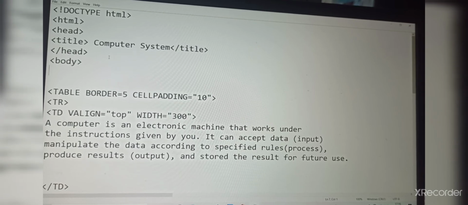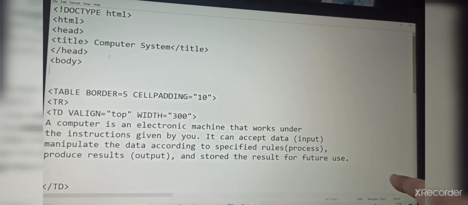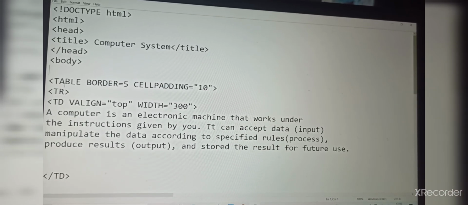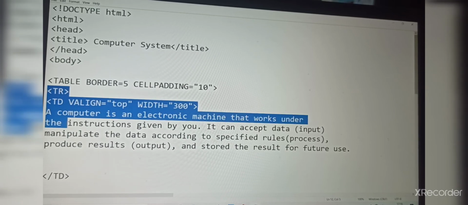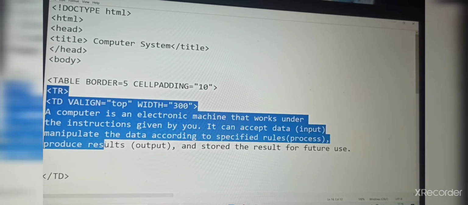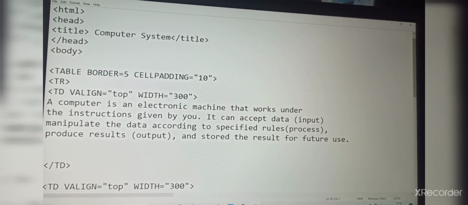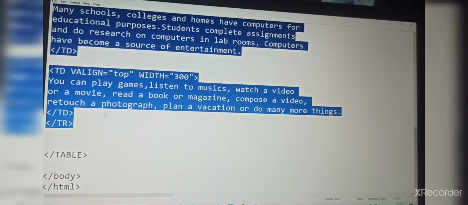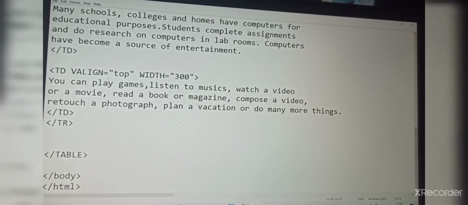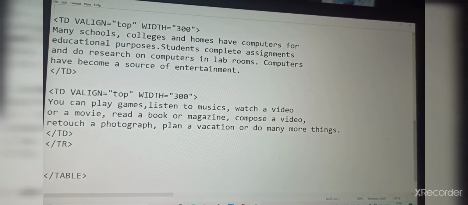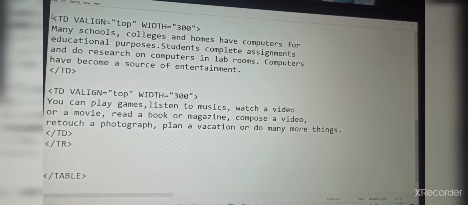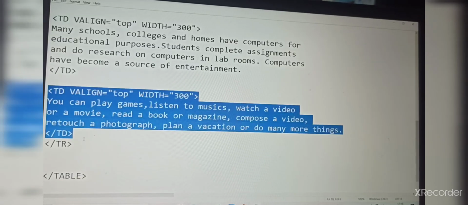For creating newspaper style, in the table we have given a tr, that is our row, and we have written the first table data, then a second table data. Like this we have done 4: this is our third data, and this is our fourth data.